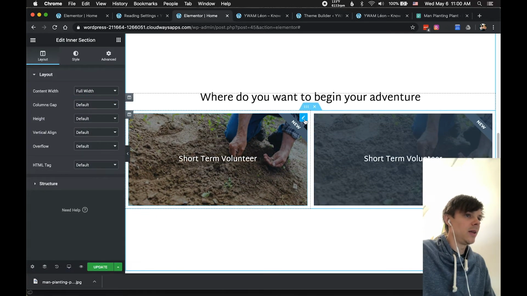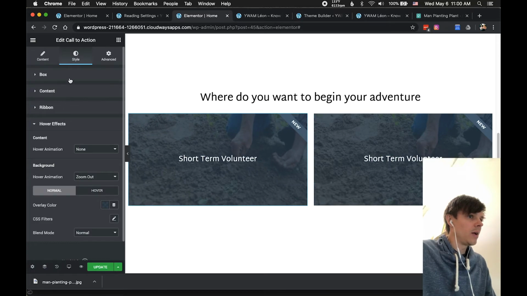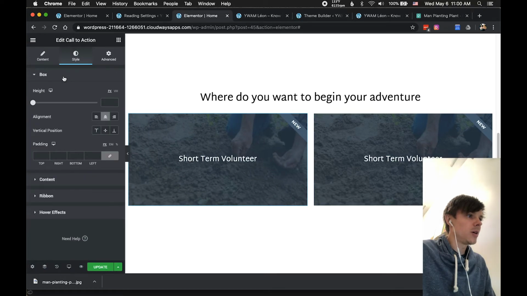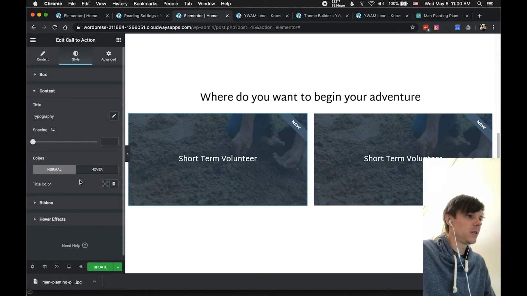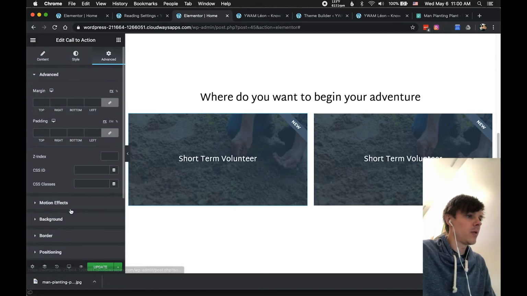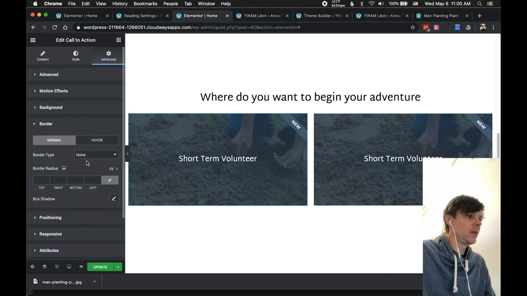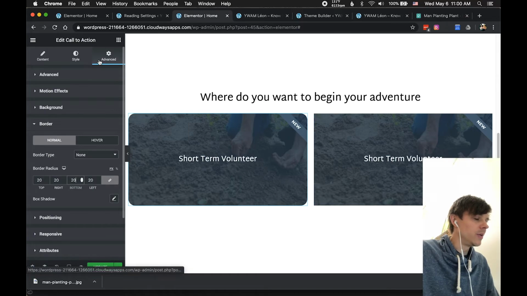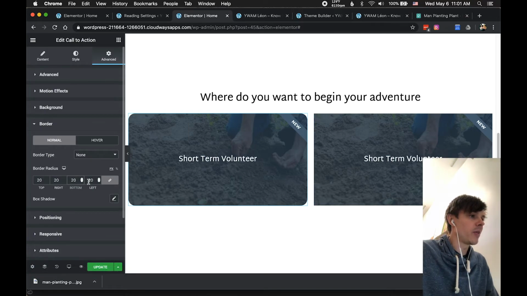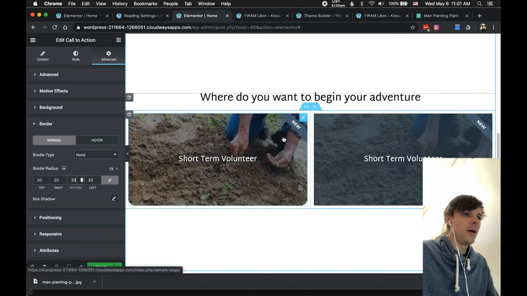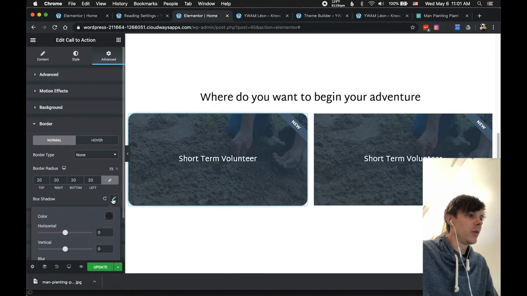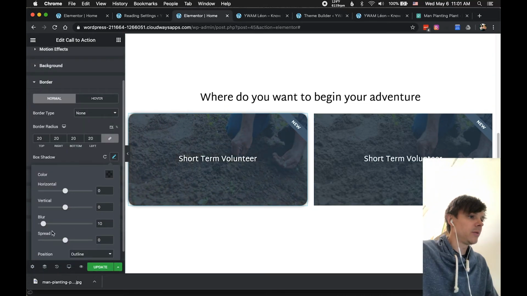Okay, and then what if we want to round our, so if I click on this call to action widget and go to box option under style, I believe, or maybe it's the content. There should be a spot for the border radius. Let's see. Okay, there it is. So sometimes you've got to search a bit for where they're putting the styling. But if you want to add a little border radius, and then also if you want to add a little drop shadow with some blur,